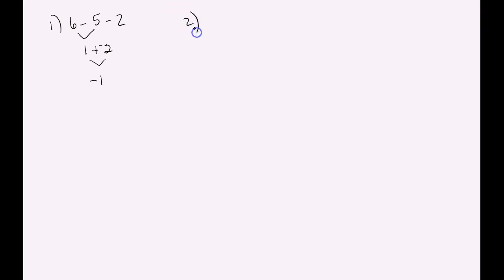So there's number 1. Number 2, 6 times 2 minus 2. Well, multiplication beats subtraction, so I'm going to do 6 times 2. Then I'm going to bring down the minus 2. 12 minus 2 is 10. Number 3,